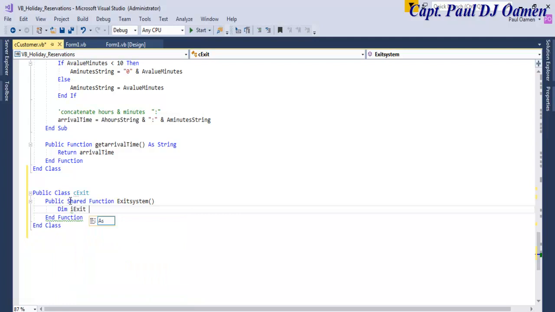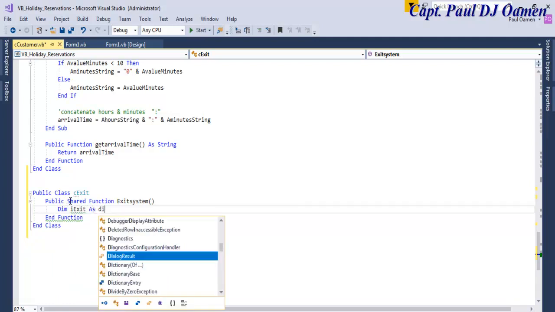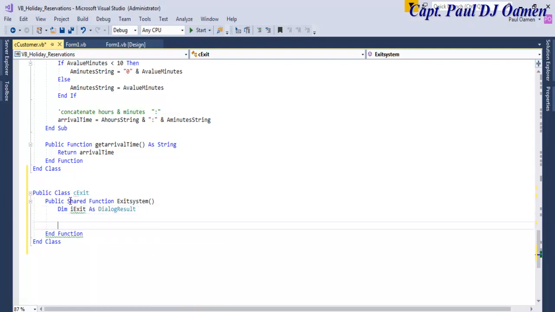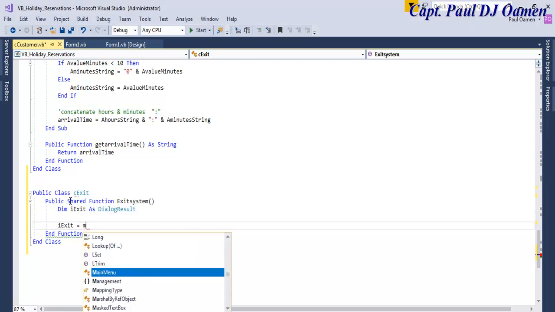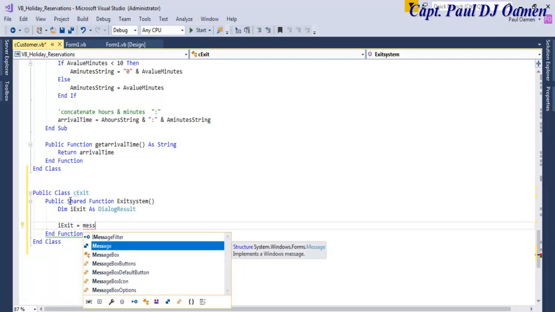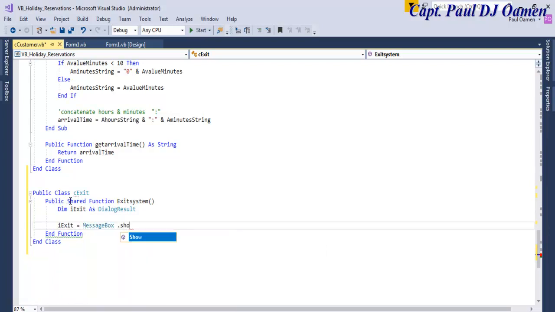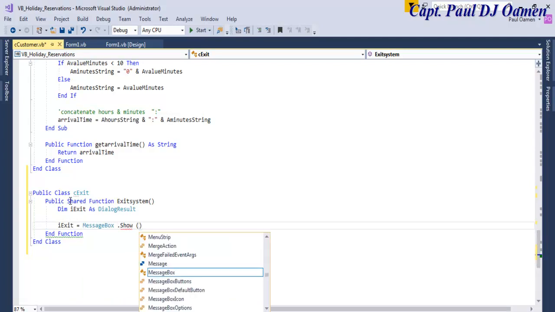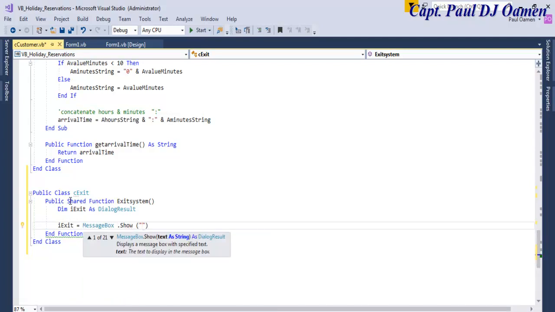I'm going to call it iExit as dialog result, and inside iExit let's enter message box dot show, and let's say confirm if you want to exit,